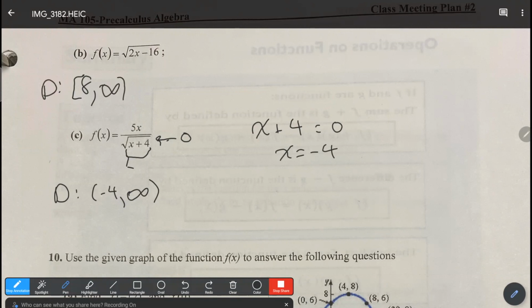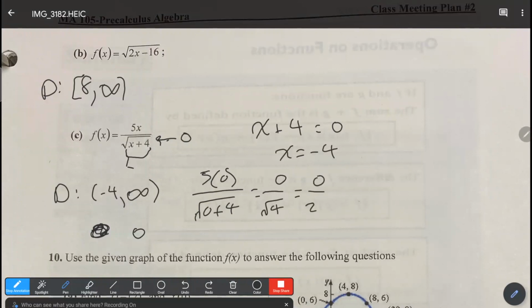Why is it excluded? Because if we put negative 4 in here, we'll get 0. But anything else will work. Let me use 0 as an example. So if x is 0, the square root of 0 plus 4, 5 times 0, which is going to be 0 over the square root of 4, 0 over 2, which is just 0. So that's fine, right? It can be anything other than negative 4. So yeah,